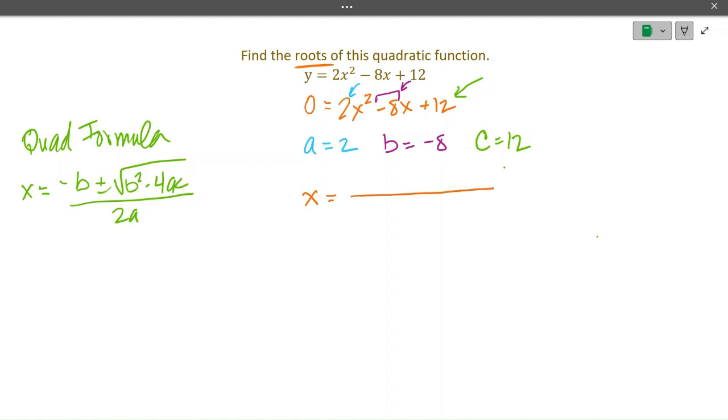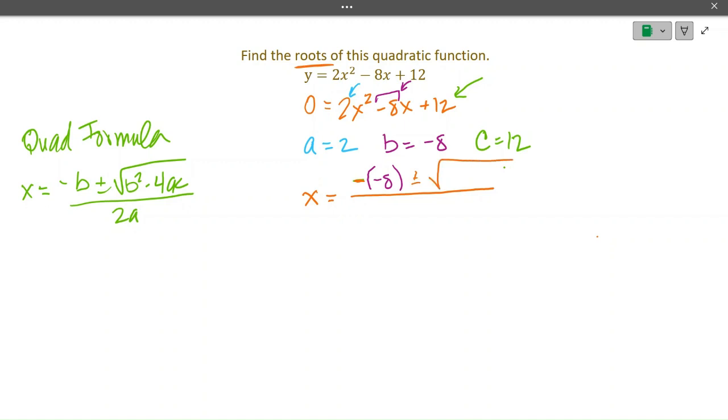So I'm grabbing my purple pen. I'm going to put my first negative. Oops, I grabbed the wrong color. I'm going to put my first negative here, right? Because it's x equals negative, and now I'm substituting b in. My word, I'm just having all sorts of trouble. Okay, I'm plugging b in, which is negative 8. So you're going to notice I have a negative 8, which is correct, plus or minus the square root